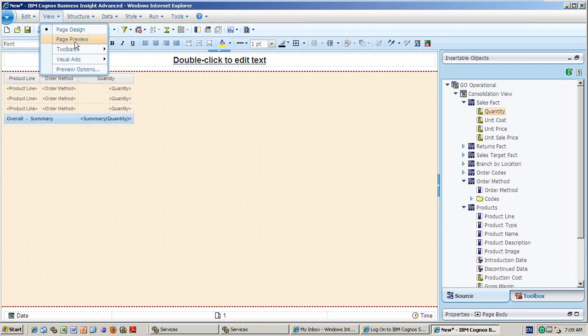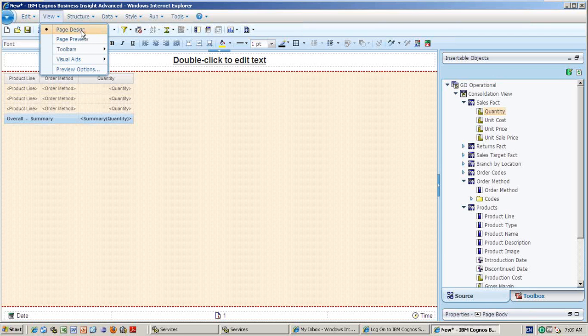But the problem is they are not able to take all the Report Studio techniques, so that is the reason they are still maintaining Report Studio. Maybe in future, in Business Insight Advanced, all the functions of Query Studio and Report Studio will be taken. Then they will retire Query Studio and Report Studio, and you can only use Business Insight Advanced. They don't want to maintain so many studios.